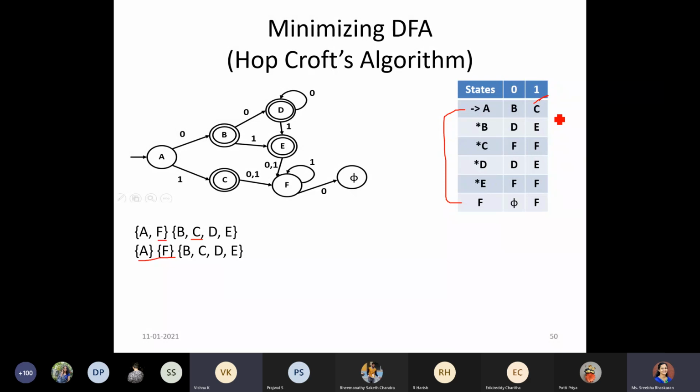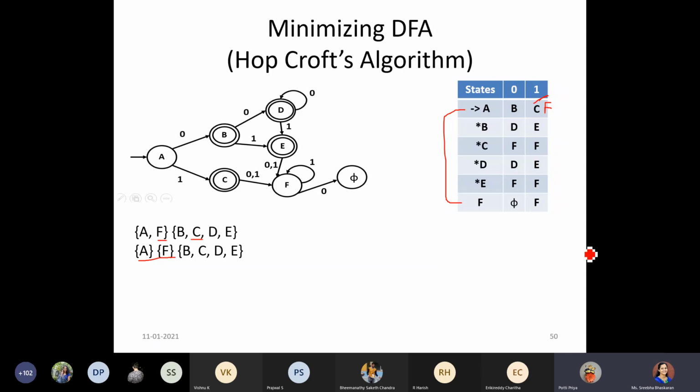If, instead of C, you say F here, then both are in the same states, right? F and F, and I then have one transition. We don't have to compare it with B. Since F and F are both in the same group, we can combine A and F; they can go together. Okay, yes.